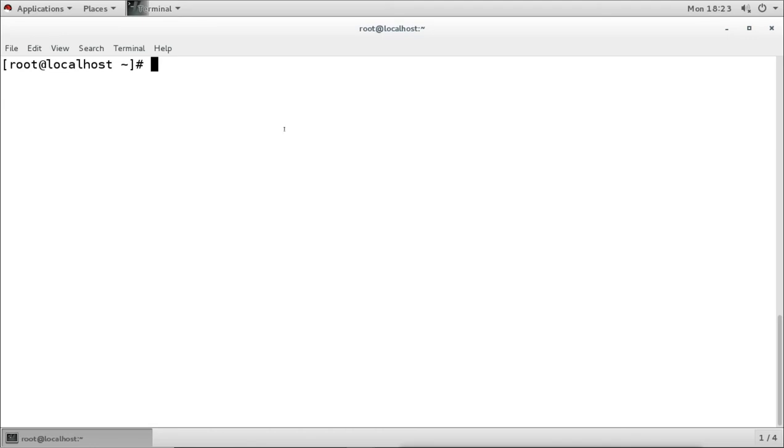It is given by Red Hat, for example. So what can we do? We can reconfigure the password for root. Remember, we cannot get the password. We cannot get the previous password.